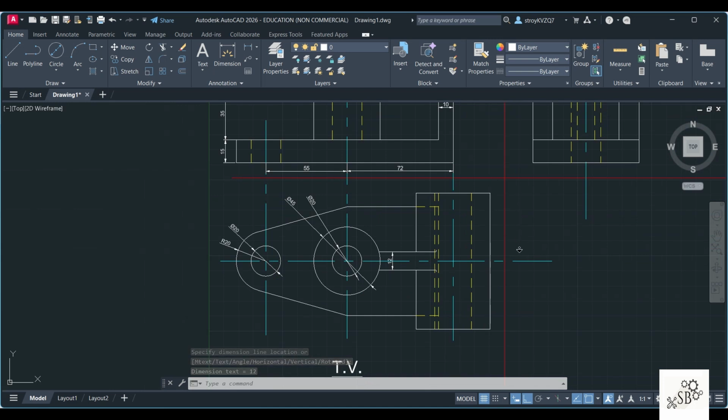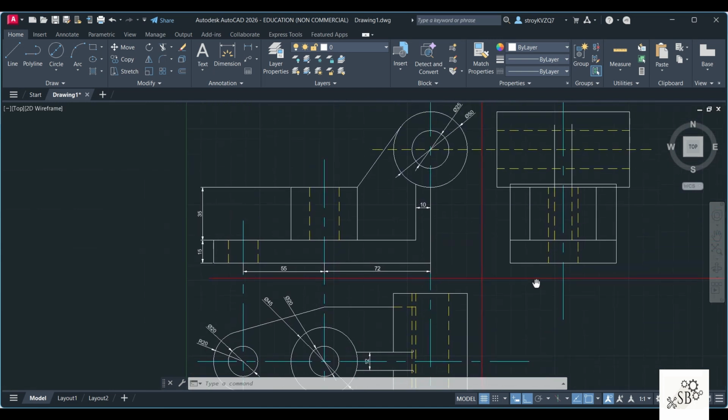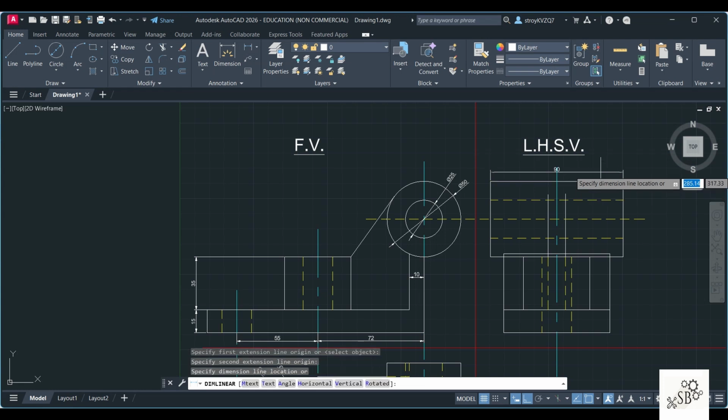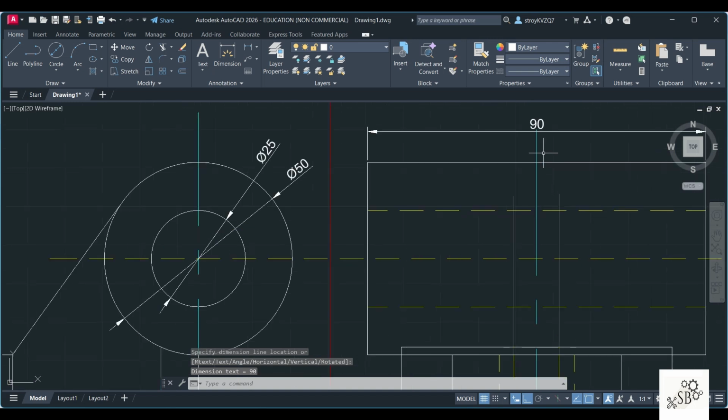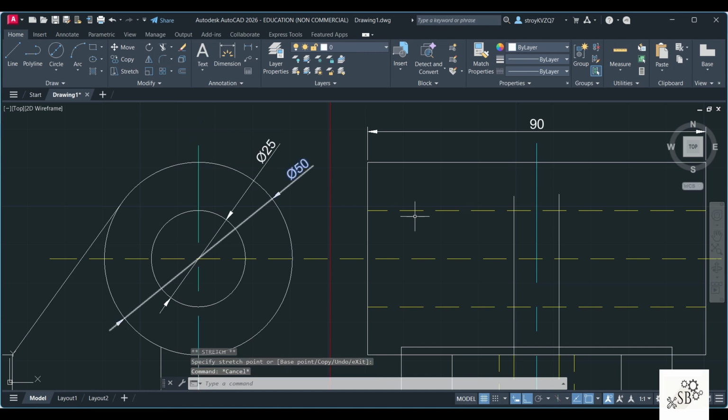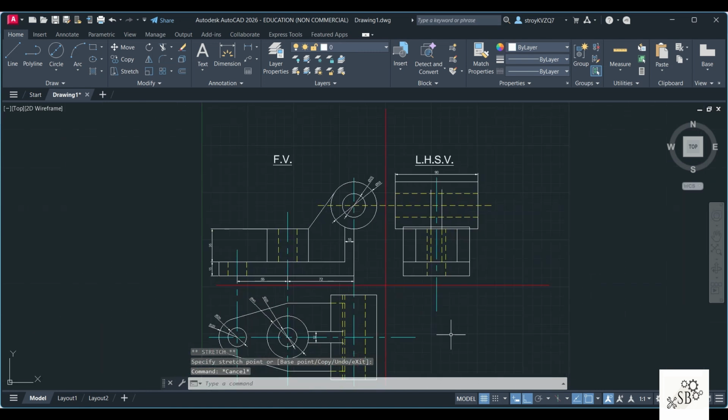This length is given as 90. So you can mark that here at this point. This is 90. I'll click on linear. This distance is 90. Now you can see it is going too much away from the diagram. So what I'll do is I'll just click this line and make it a little shorter. Similarly, I'll do for this one. This is just to maintain the symmetry of the diagram and the beauty of it, nothing else. Even if you don't do it, it is not wrong.